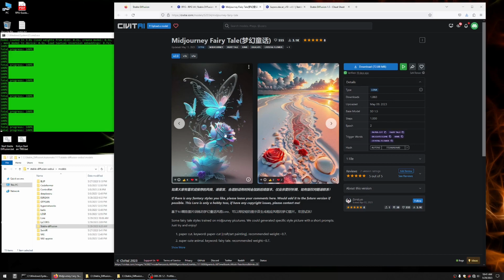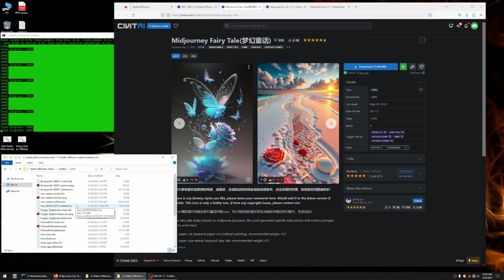So here's a nice, really whimsical, colorful LoRA that I want. These are much smaller. You can see this one's only 72 meg. And when you download these, they go into your Automatic1111 Stable Diffusion Web UI Models LoRA folder. And so when you put those in there,